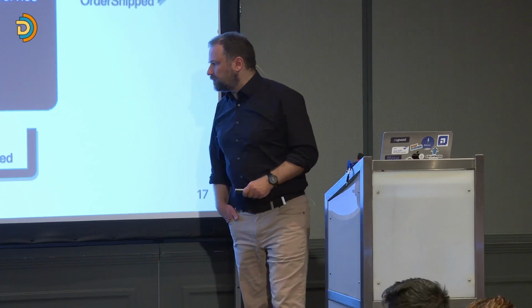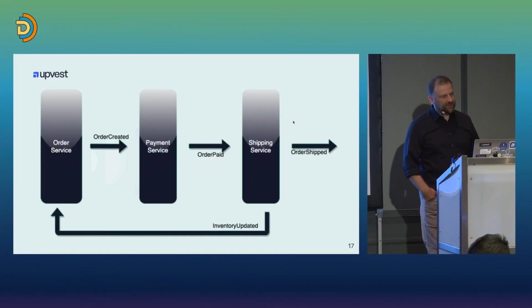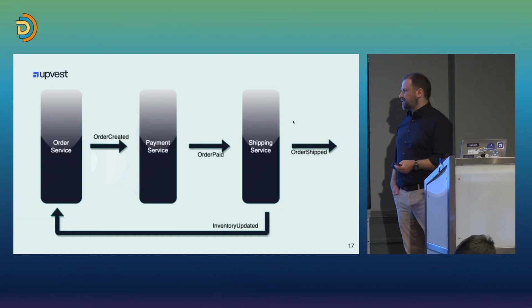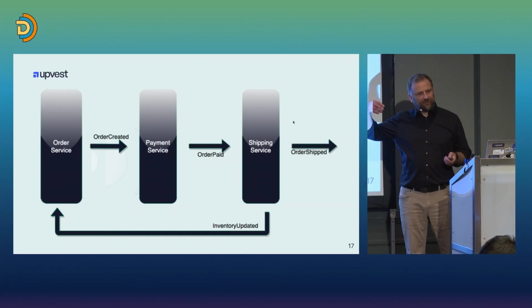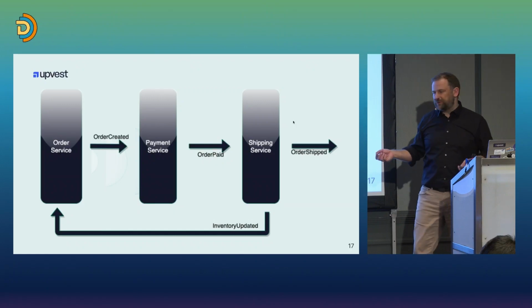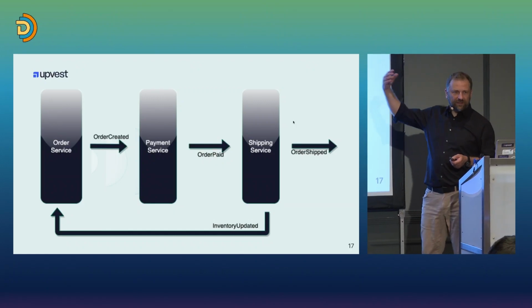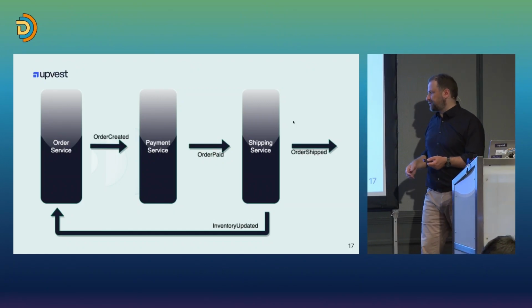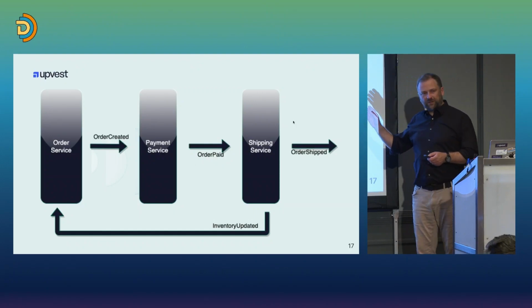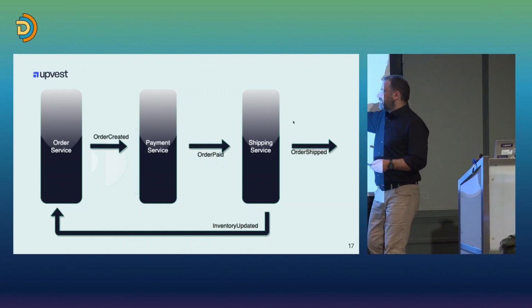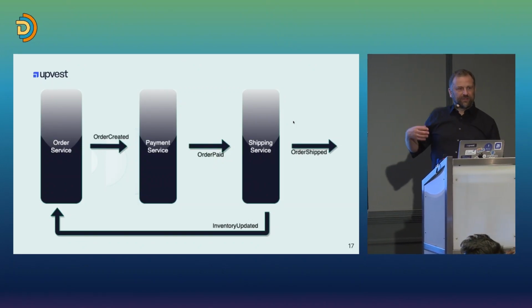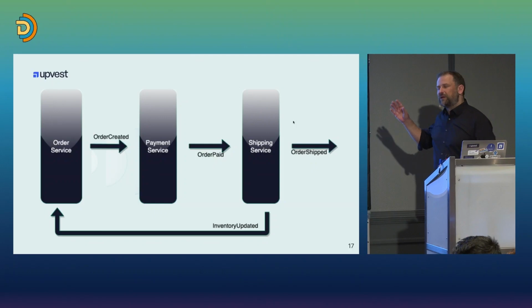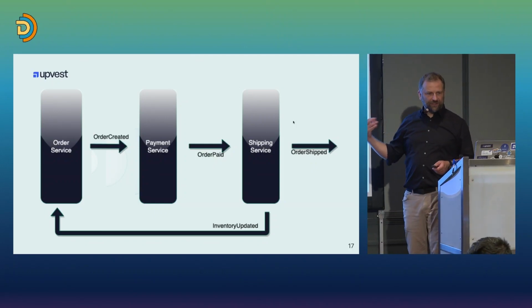What would it look like if it was event-driven? This is obviously a super simple example. The big difference is we don't have these request-response types anymore. We don't have this do something, get the result and move on. There's no coordination anymore. A little additional thing I applied: if a prerequisite for creating the order, or for dealing with the order, is that inventory is there, then we should move the data to where the decision is made.